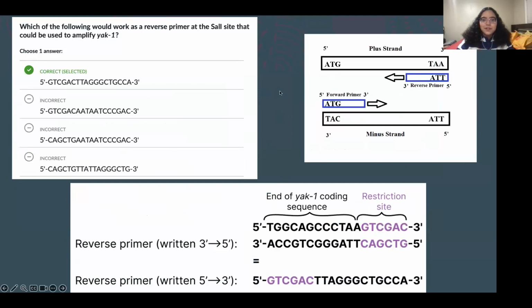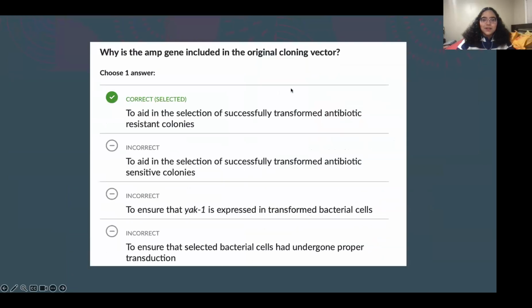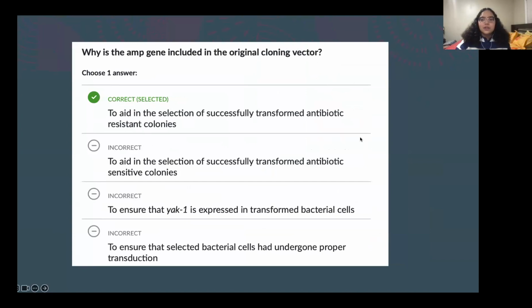Okay, if there's no other questions, move on to 3. The ampicillin resistance gene is there to aid in the selection of successfully transformed antibiotic resistant colonies, not sensitive colonies. So we would assume the sensitive ones would die. I think they put it in the passage mentioning it, but it's basically so